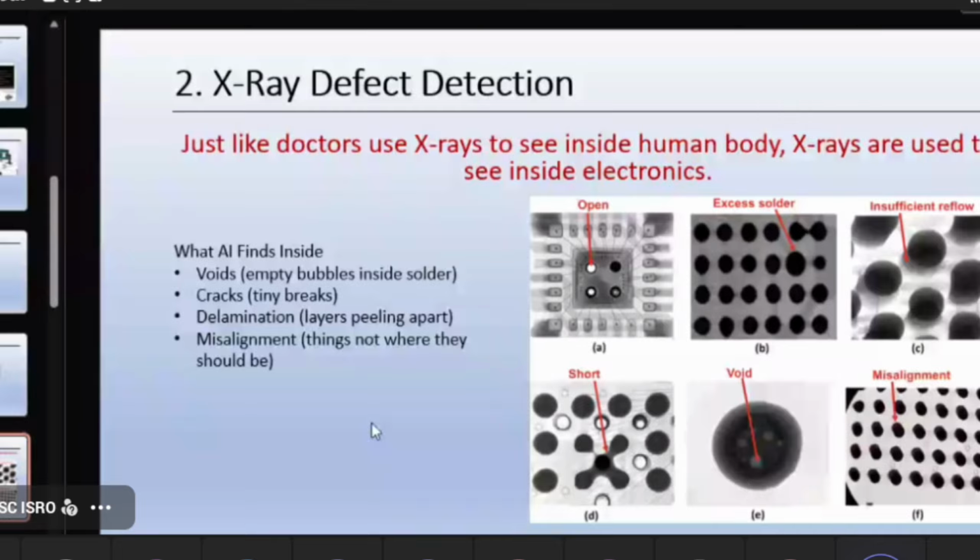So how it basically helps is where optical or our eyes cannot do, because we need a line of sight. X-ray helps, though not to a 100% extent. We can say that optical inspection has covered this much, and if we go by X-ray, then we are sure that the circuit is fine, up to an acceptable level. So these two techniques, optical inspection and X-ray, have been used extensively till date, and they are still being used.